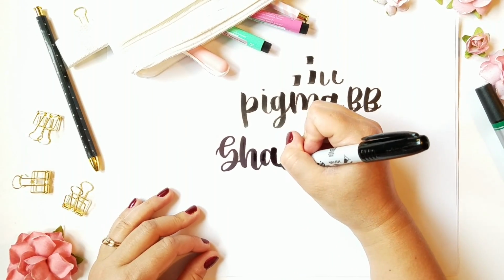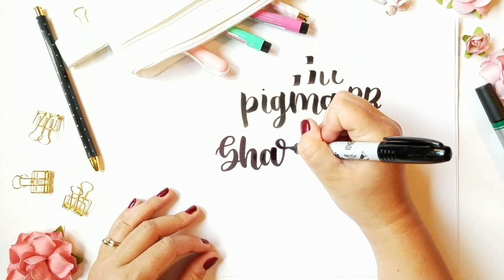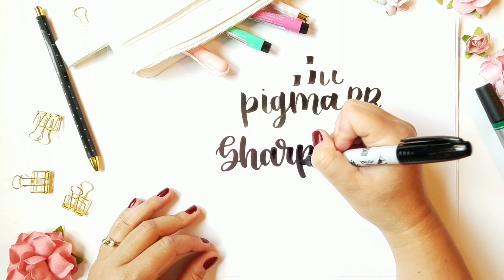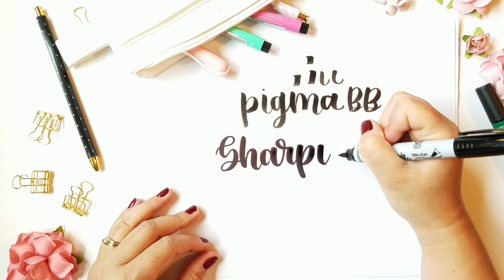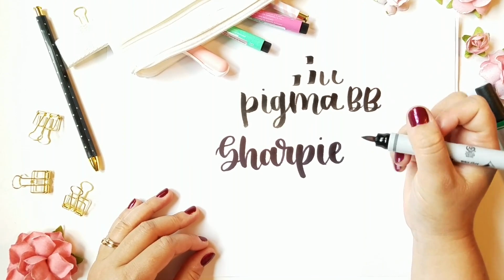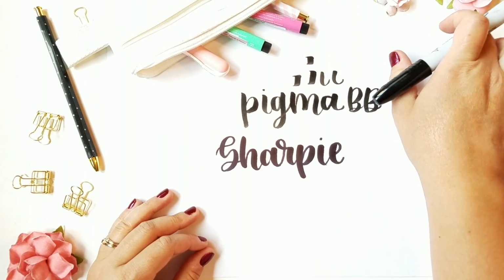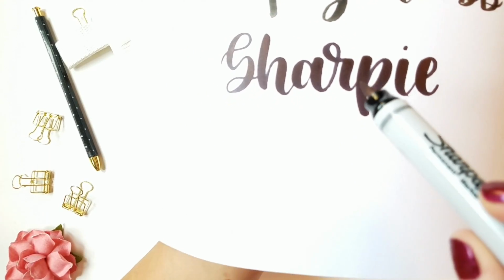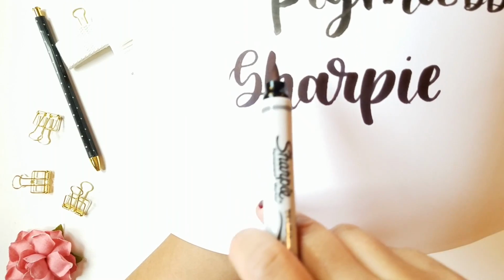the Pigma. But they do smell just like a Sharpie, and I do not like writing with stinky markers if I'm going to be lettering for a long time. I don't know, it just gives me a headache. So they definitely smell like a typical Sharpie marker. You'll also see that this has a little bit of bleeding compared to the Pigma. I don't know if this will focus for me, but you can see that there's definitely bleeding around here, and